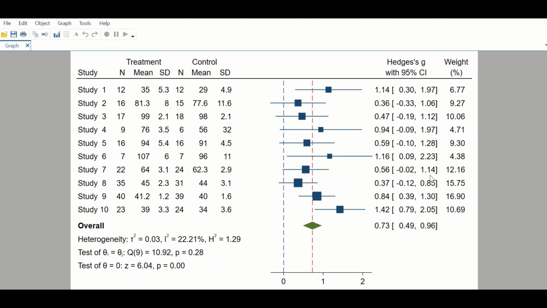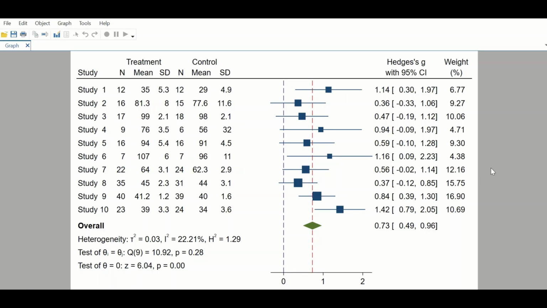On the right hand side is the Hedges G value, which is 1.14 for the first study, and 1.42 for study number 10, and then the 95% confidence interval for the estimated effect is given also for each study, and a weight percentage is also given,